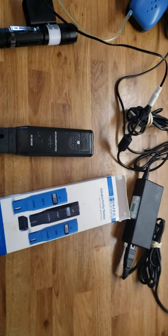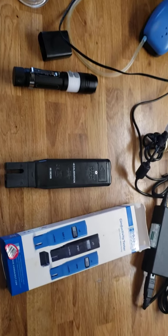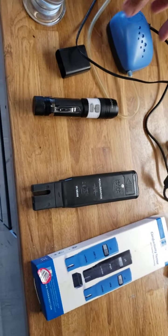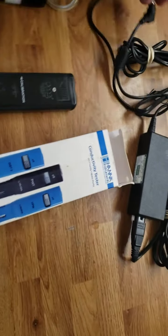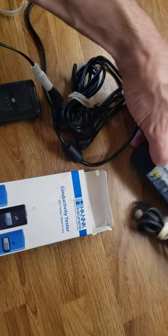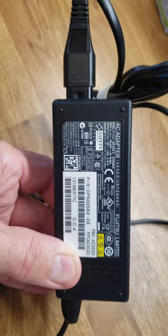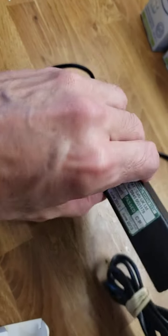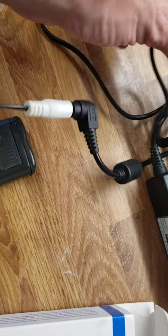Setup of my colloidal silver generator and what I've learnt so far. So what you need is some kind of power supply. In this case I've used a Fujitsu power supply, and that's about 20 volts DC, so it converts AC mains into direct current, which is the same as what is on a